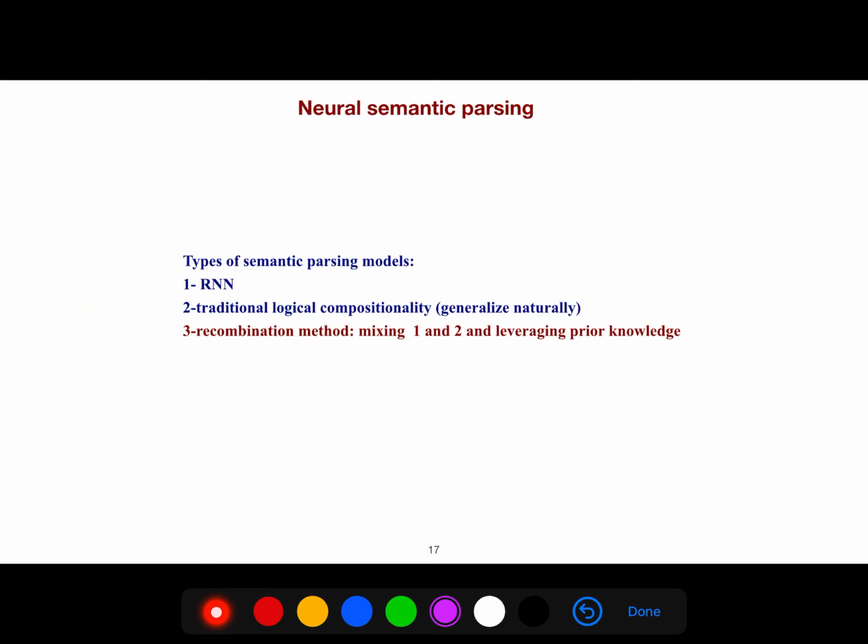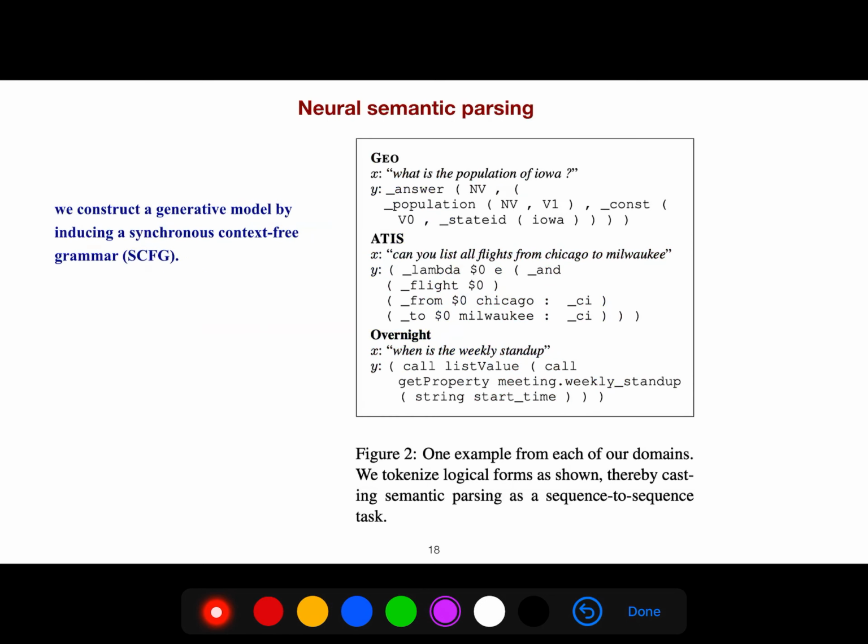In neural semantic parsing, there are three types of approaches: recurrent neural network, traditional logical compositionality, and recombination methods. Of course, you can generalize it in different ways. We construct a generative model by inducing a synchronous context-free grammar.